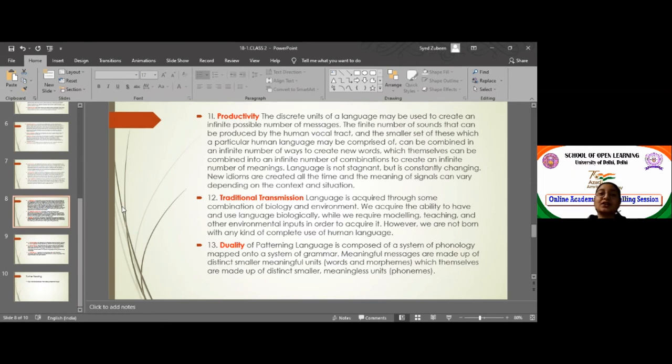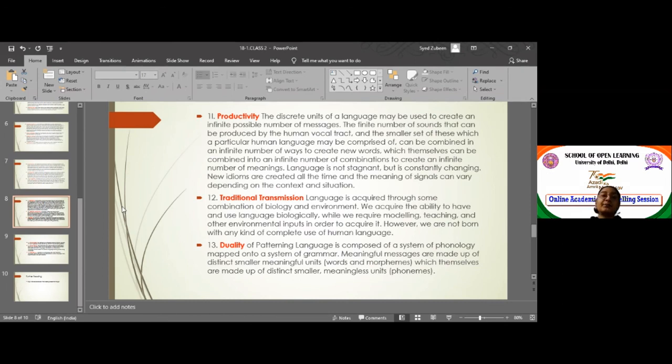Human beings are always being trained to speak or write. So, traditional transmission of language. And lastly, duality. A duality of patterning: language is composed of a system of phonology mapped onto a system of grammar. Meaningful messages are made up of distinct smaller units, words and morphemes, which themselves are made up of distinct